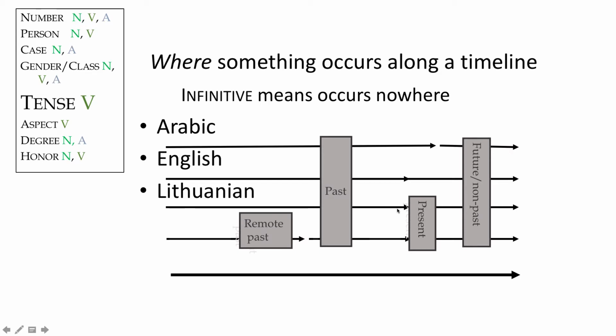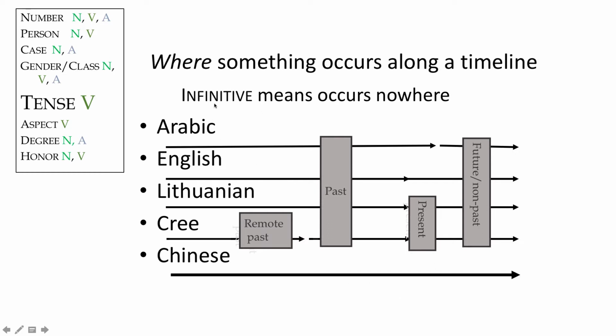Lithuanian has a couple different tenses. They have a past tense and a present tense, which is clearly separated out from the future tense. Cree would have a remote past, so they have a totally different tense for something which is too long ago for you to remember it personally, a different tense for a past which you can remember, a different tense for a present, and then a different tense for the future. And Chinese actually has no tense in the language. There's no morphological tense. You can do some of this work of time through adverbials or aspect markers, but there's